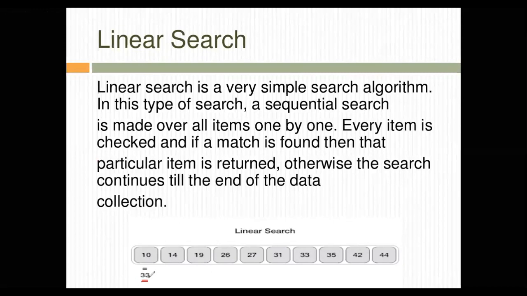What the linear search will do is sequentially search over all items one by one. What does this mean? It will start checking from the first index of the array, so this might be array 0 or array 1, then it will go to array 2, array 3, array 4, and so on. Now let's assume to search one item, it takes 1 second. So in this list, if 33 is here, how much time will it take to search for 33? 1, 2, 3, 4, 5, 6, 7. So this will return the result of the search operation at the 7th second.